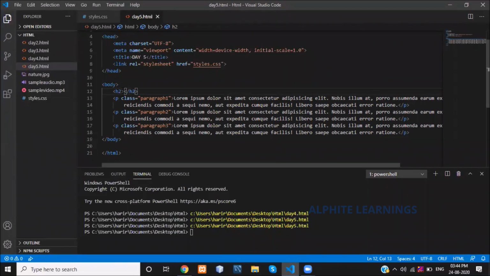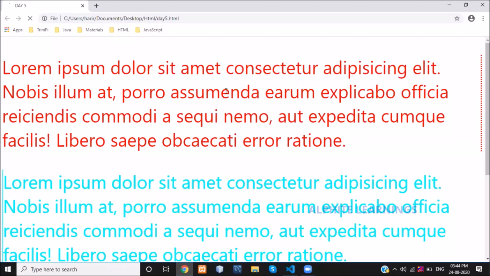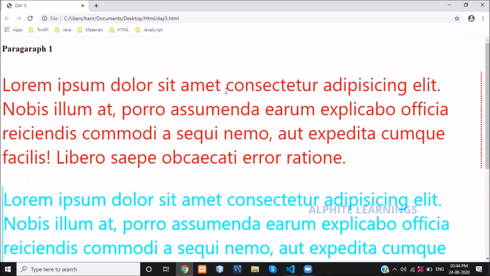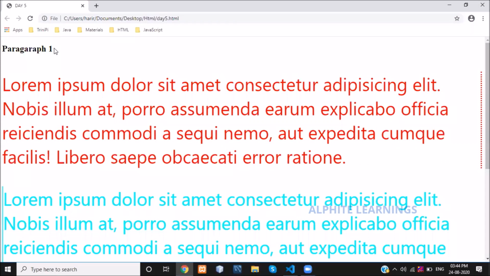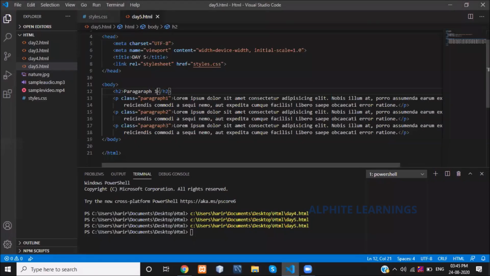What is my heading? Simply I'm mentioning it as paragraph 1. I need this paragraph 1 heading to be underlined. How to do that? Let's see.